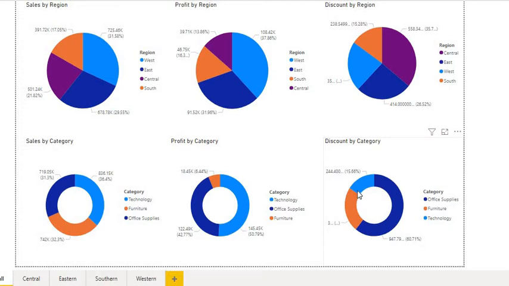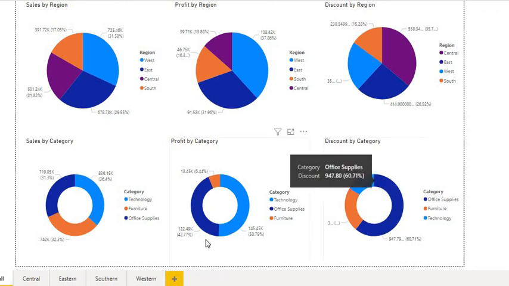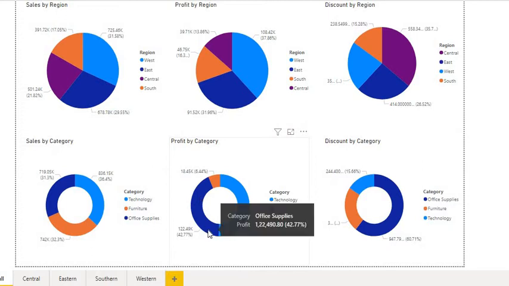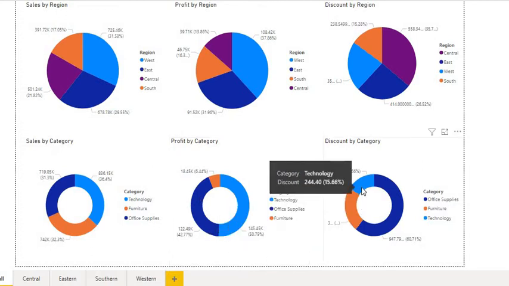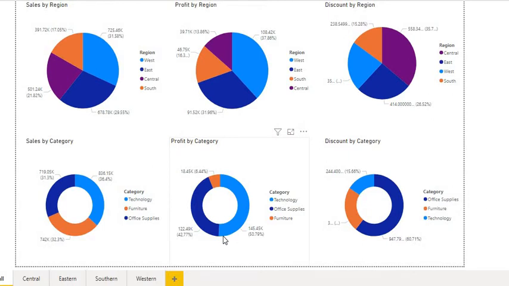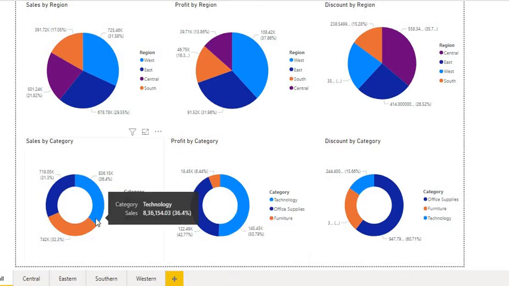And when it comes to discount, it is not that there is a very high amount of discount provided in furniture, that's why it's incurring less profit. We'll see that there is a high amount of discount given in office supply items, although there is a high amount of profit in office supply items. And when it comes to technology, you will see that less discount is provided, although it is making a high amount of profit and a good amount of sales as well, because technology items nowadays are becoming a necessary item. So however much discount is provided, it is not affecting its sales. Its sale is always remaining high.